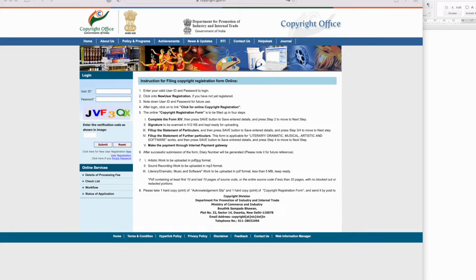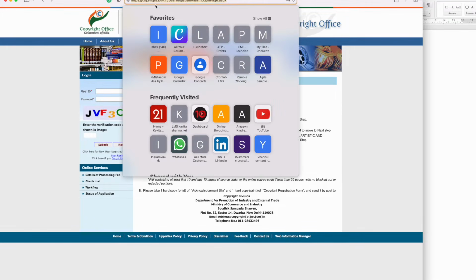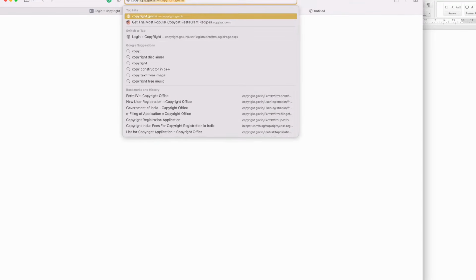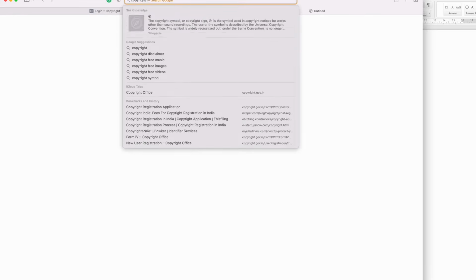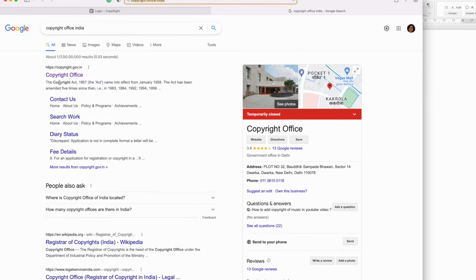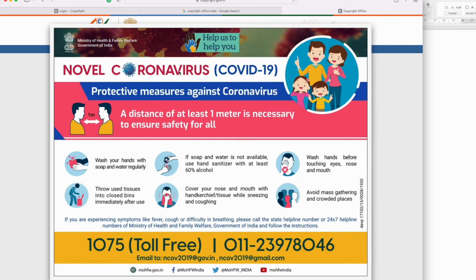So first of all, what you need to do is go to copyright.gov.in. In case you do not know, just search Copyright Office India. It's going to show you a few details. Just click on Copyright Office, and here is